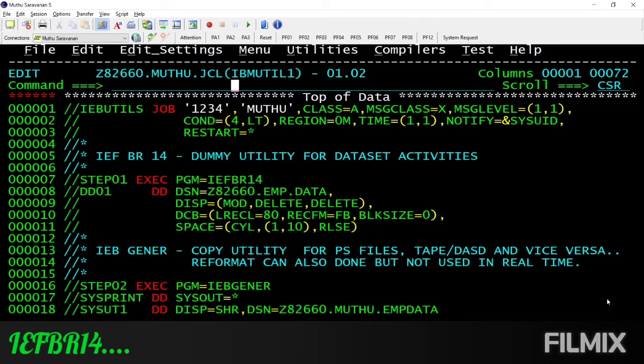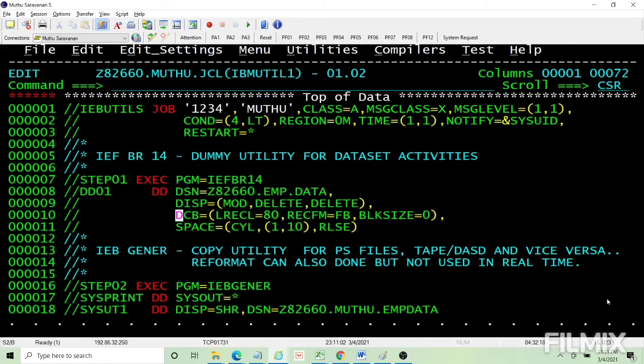After the JOB statement we cannot code a DD. We have to code one EXEC, and only below the EXEC can we code the DD operations. So you need something here, at least a dummy, right? That dummy is IEFBR14. Our intention is doing something related to a dataset, but for namesake we need a program.